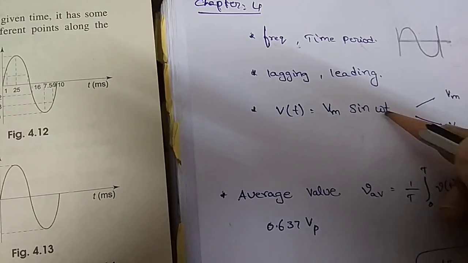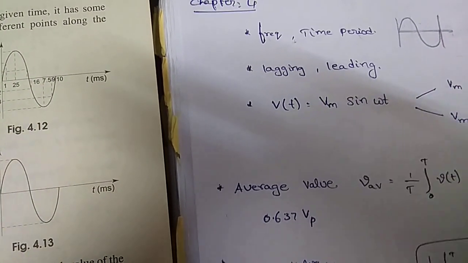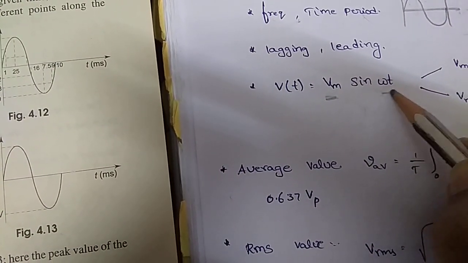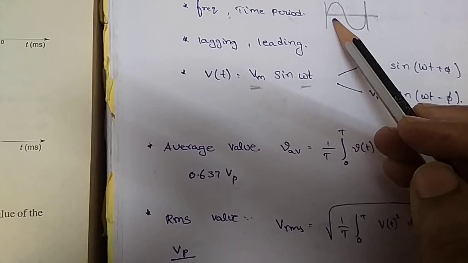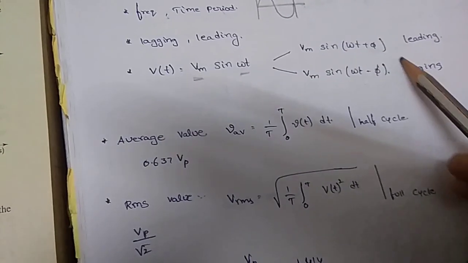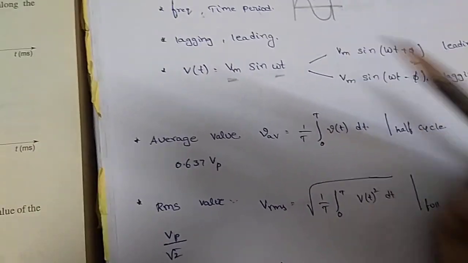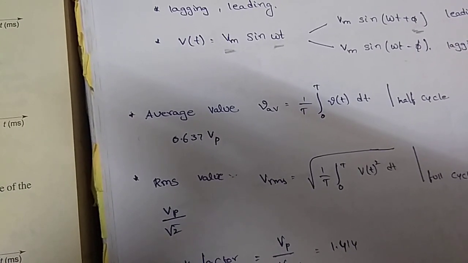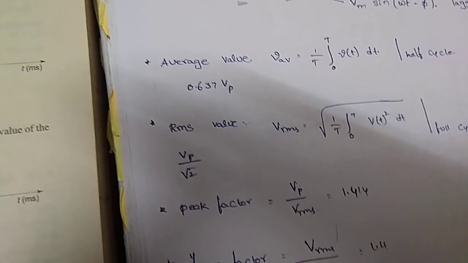To represent the basic reference waveform, we are considering Vm sin omega t. Here Vm is the peak value and omega t is the angle. Omega t is the time axis angle. If your waveform is delaying or advancing, that means lagging or leading, we represent it with the phase difference with reference to your reference wave. In your problem, whatever reference they mention, if they mention any other waveform other than 0, we are considering that one also. We will see that in the upcoming problems.